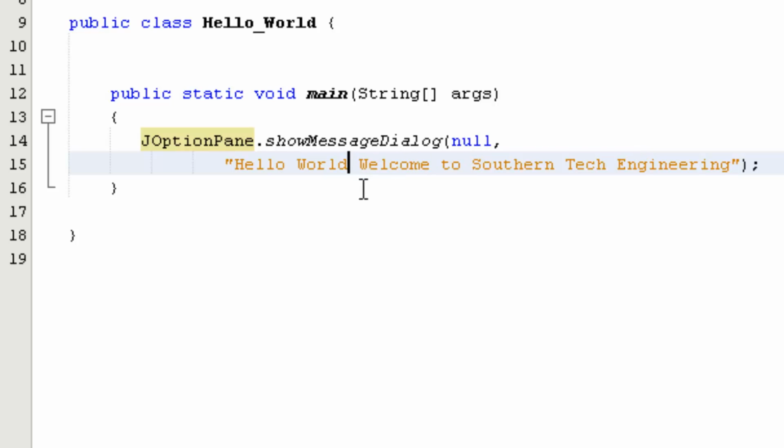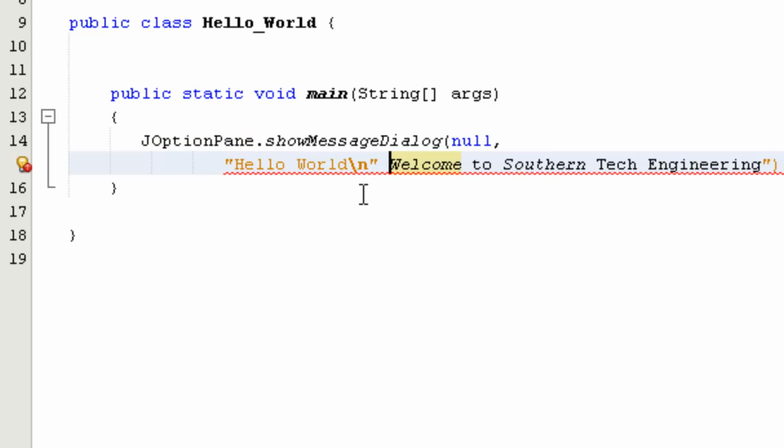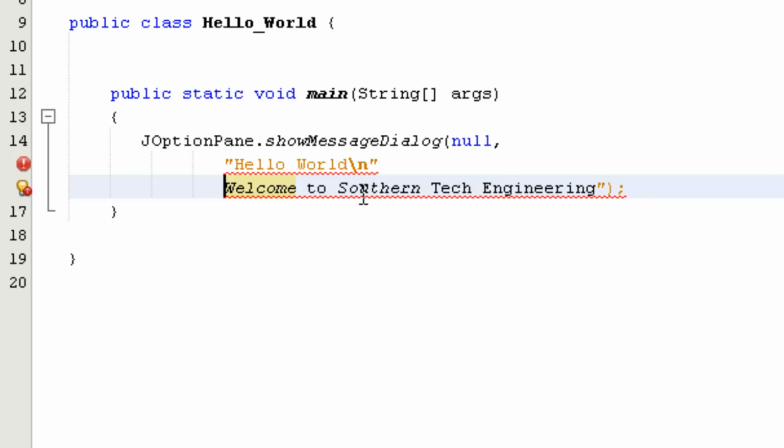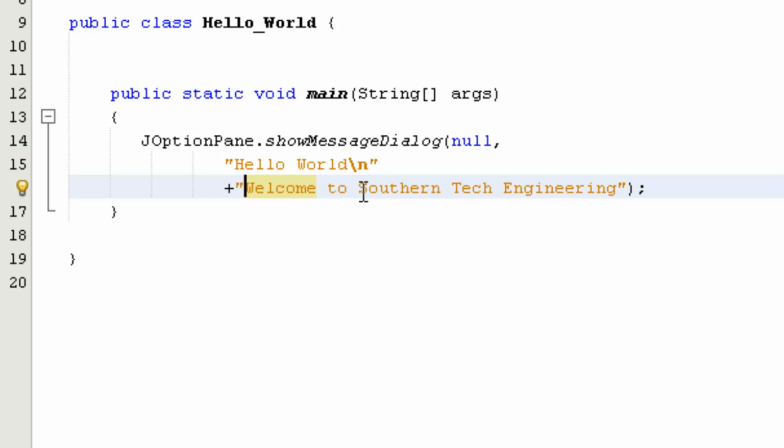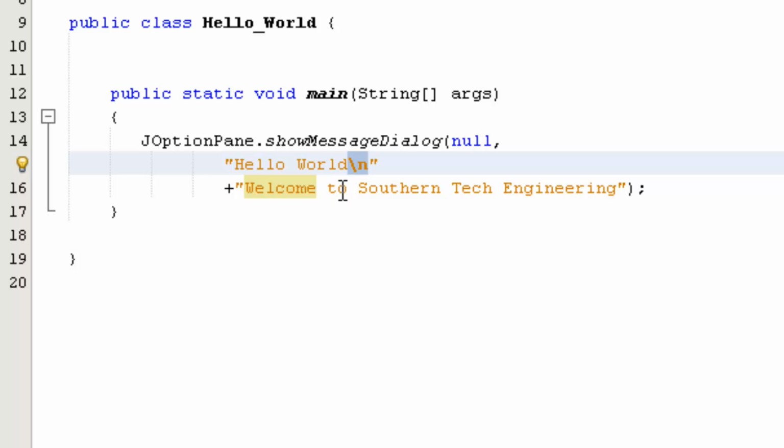So I want this to be on the top line, right? So then I have a \n in the quotation marks. Then I'm going to drop this down, plus, then add the quotation marks. And that's how you can get it to drop down to another string, or another line on your code in the message dialog box. So the \n is what gives the command to go to another string. So you're saying go down to the next string, press hello world, down next string plus, welcome to the Southern Tech Engineering. So make sure all your text are in quotation marks, and when you add a new line,